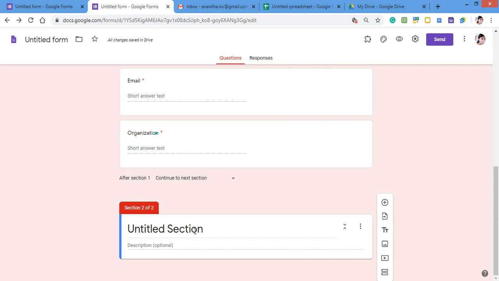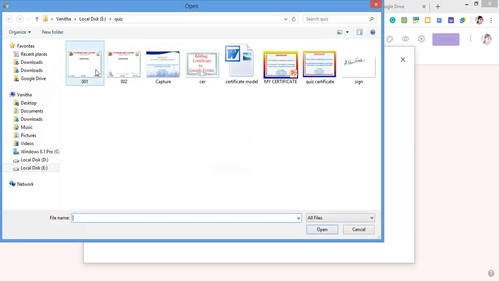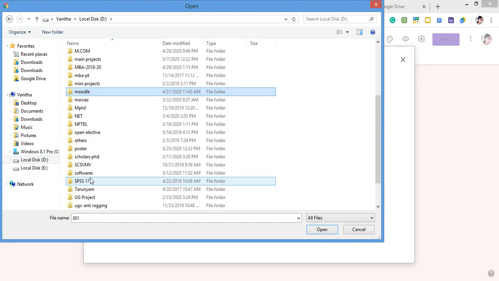Now once you add the section, you may want to show something to the person who is going to fill it. For example, you want to show an image like a brochure or anything else, you can add your content for the participants or the person who is filling the Google form. Now for example, I want to show the certificate, or I want to show the respondent a poster.